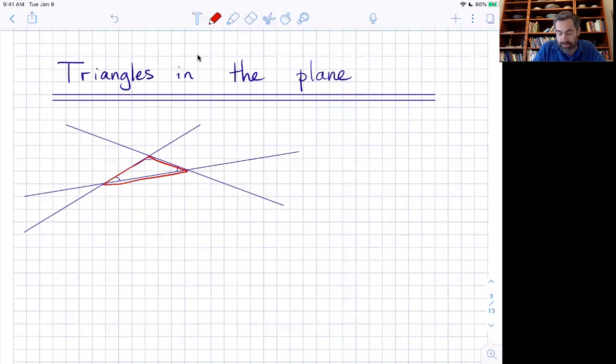It's just got three meeting points of the lines in three pairs, and it has angles, which are these little angles between the lines as they approach the vertices of the triangle. And the sum, and this is a well-known theorem in regular geometry, the geometry that I think all of you